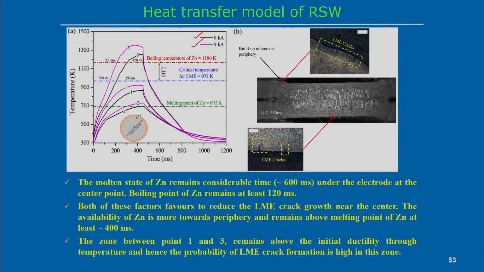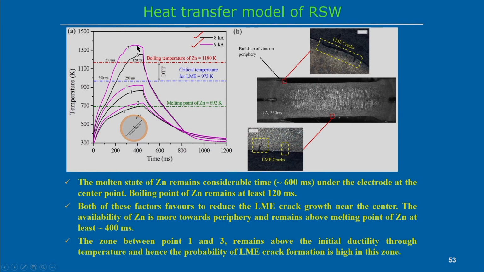So, therefore, in zones 1 and 2 there may not be any liquid metal embrittlement, or even if it is there, it can be in very small quantity. But at other points the LME phenomena can be much more, because whether LME, or liquid metal embrittlement, will happen or not, we can get that information simply from the time-temperature distribution associated with the resistance spot welding process.